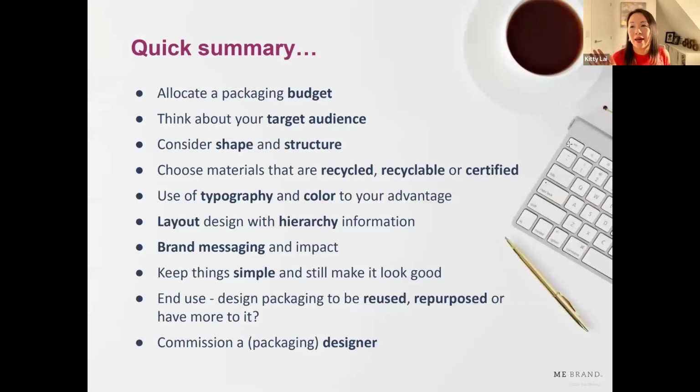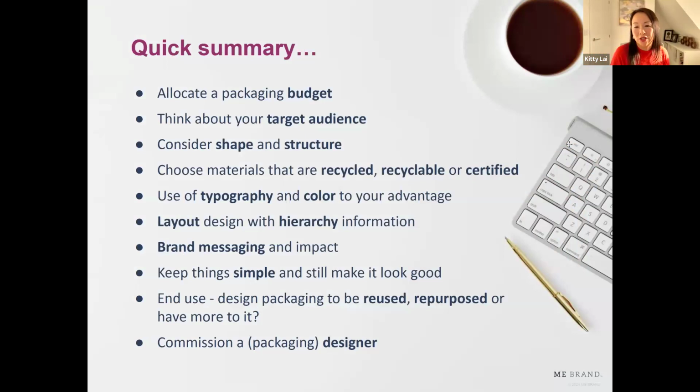So a quick summary: allocating a packaging budget, think about your target audience, consider the shape and structure, the materials as well, whether they can be recyclable, or are the materials certified as well, if your customers are looking for sustainable materials. Use typography and color to your advantage, layout design using the hierarchy information I've given you,